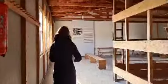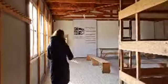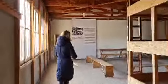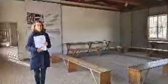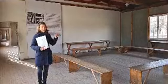This first room that we see here represents the dorm of the first phase of the concentration camp. We said that Dachau was one of the first concentration camps to be set up, and the other initial concentration camps had been more makeshift, more temporary, whereas this was the first structured concentration camp. And the reason why the